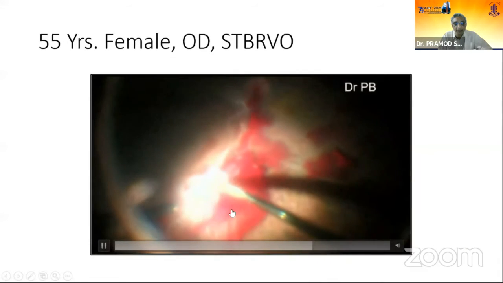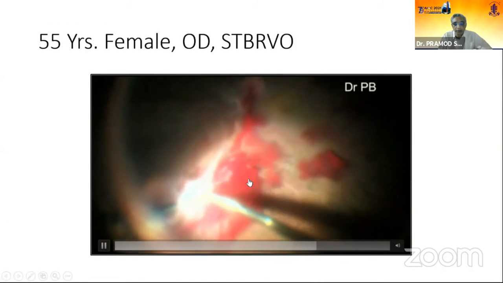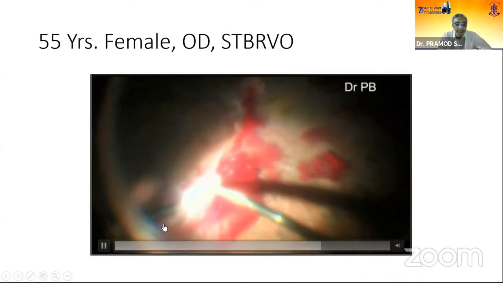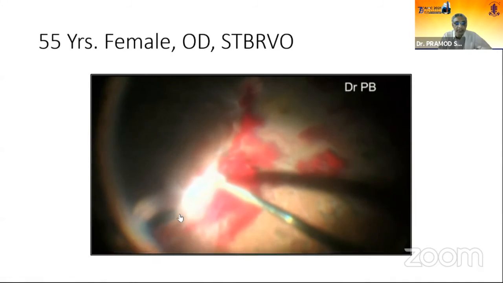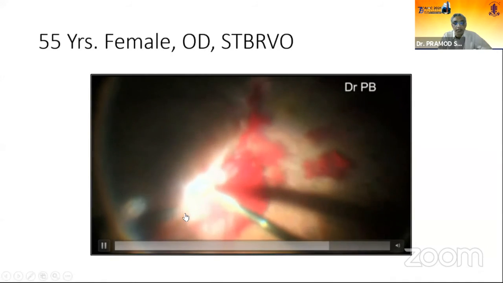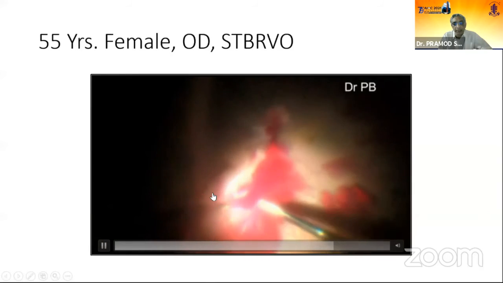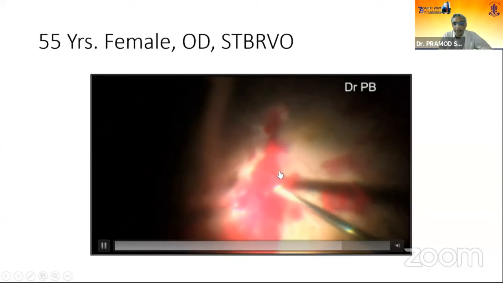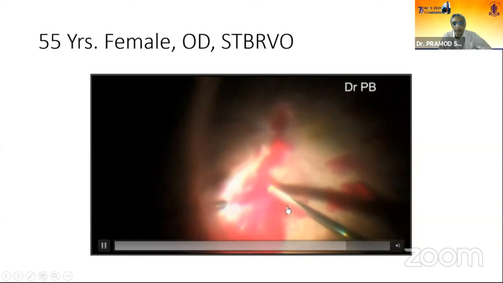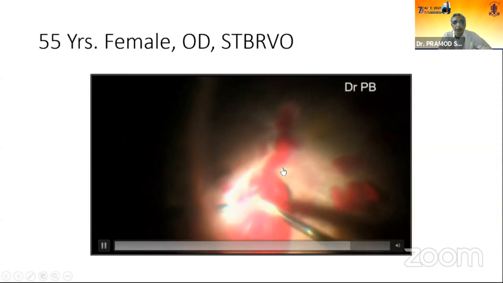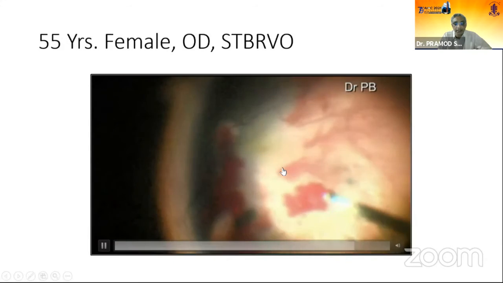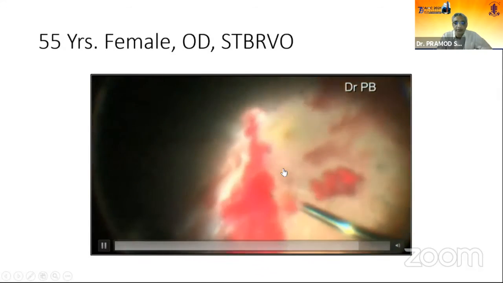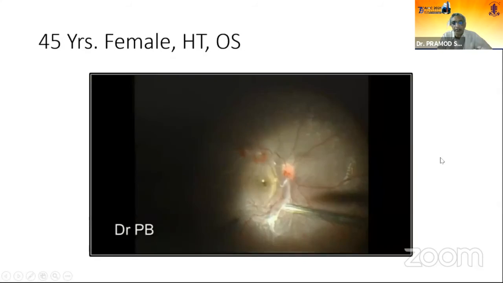And this is the most difficult part, which is firmly adherent. Then you have a blood clot around it, but ensure that this traction is relieved and this bridging vitreous is removed. Ultimately, I left a small residual membrane and this clot as much as we could, because I knew the underlying retina is ischemic. If you try to remove the entire clot, you would tear the retina there. Eventually, it is going to get absorbed. So I left it like that.